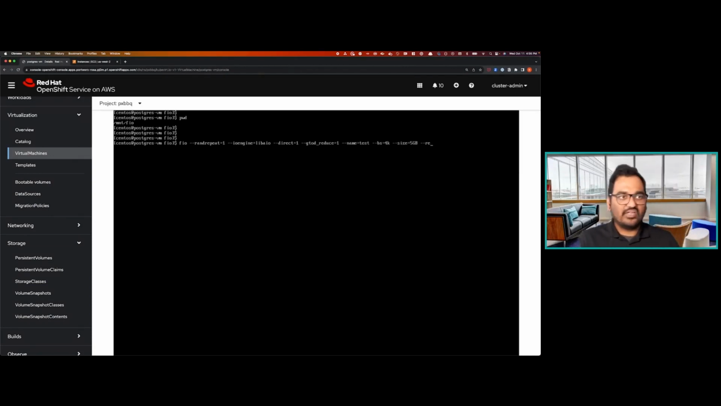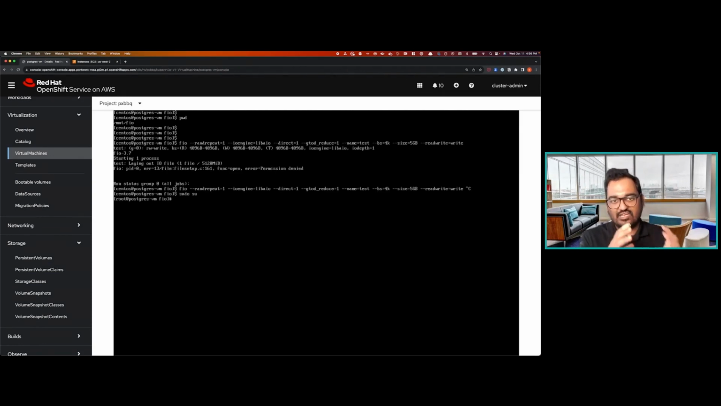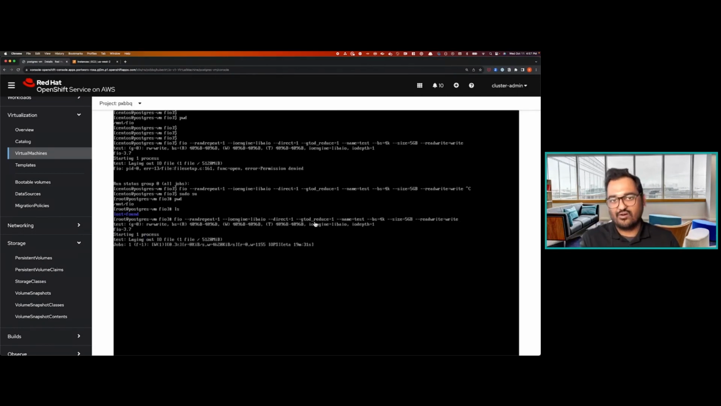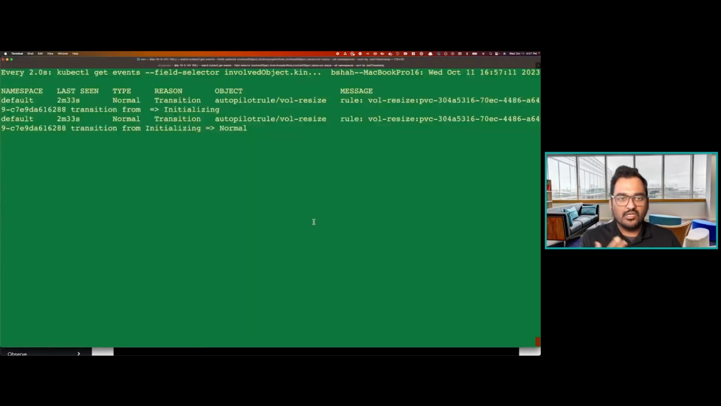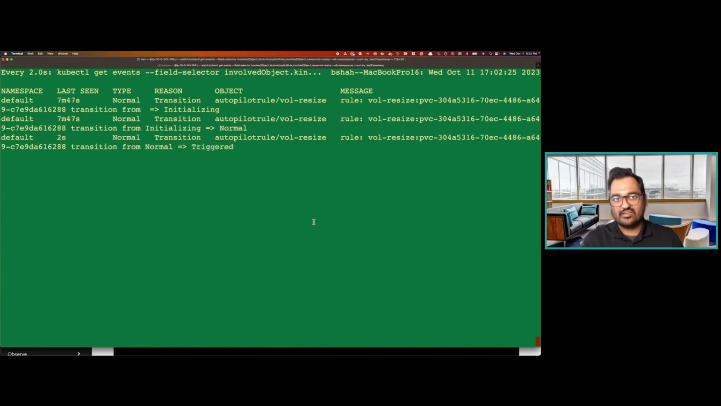So let's go ahead and access the console for our Postgres VM. Again, this is the VM that has that Postgres VM disk associated with it. And then we just need to start a simple FIO job that will start writing 5 gigs of data against our 11 gigs of persistent volume. So 5 gigs is definitely more than 10%. So as soon as it crosses that threshold, you will see new events being generated